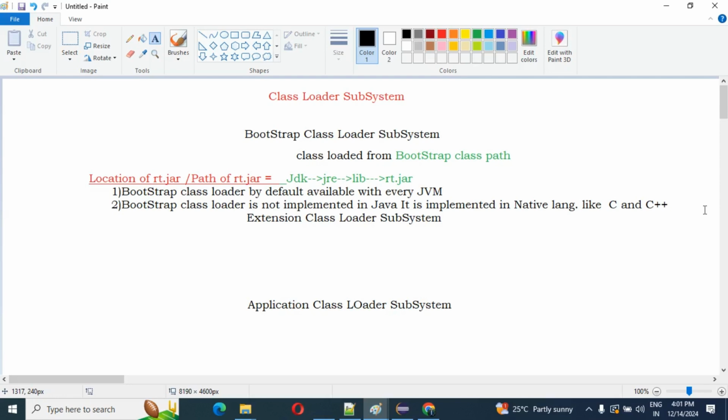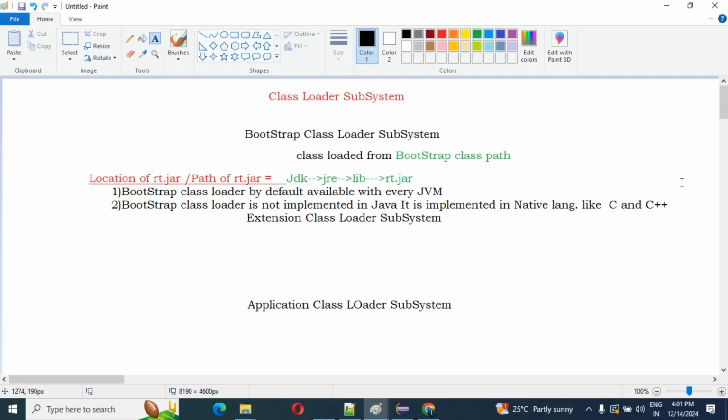So what I mentioned: the bootstrap class loader is available by default with every JVM. Second, the bootstrap class loader is not implemented in Java, it is implemented in native languages like C and C++. Now I hope you understand what the bootstrap class loader is.